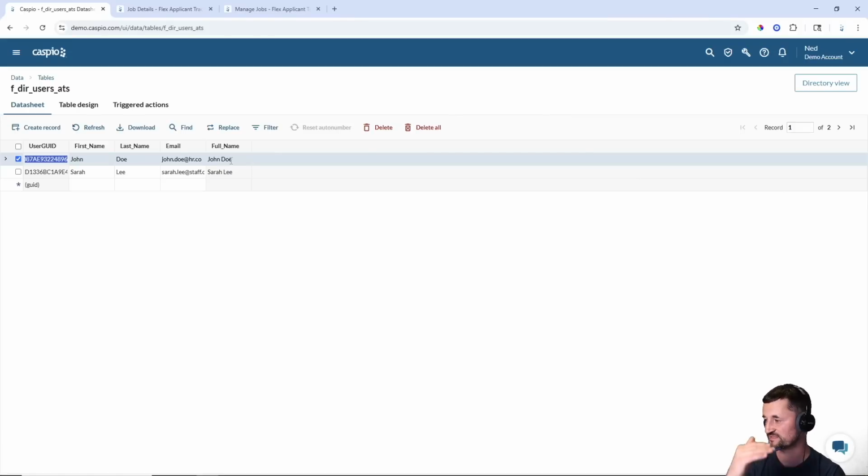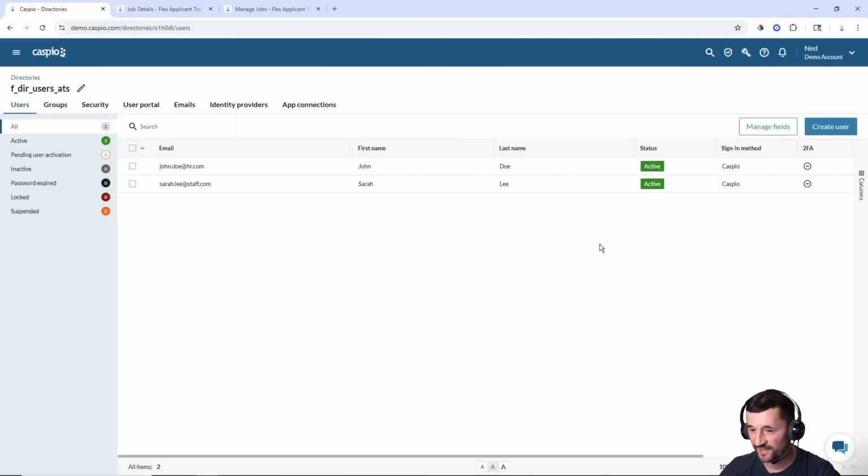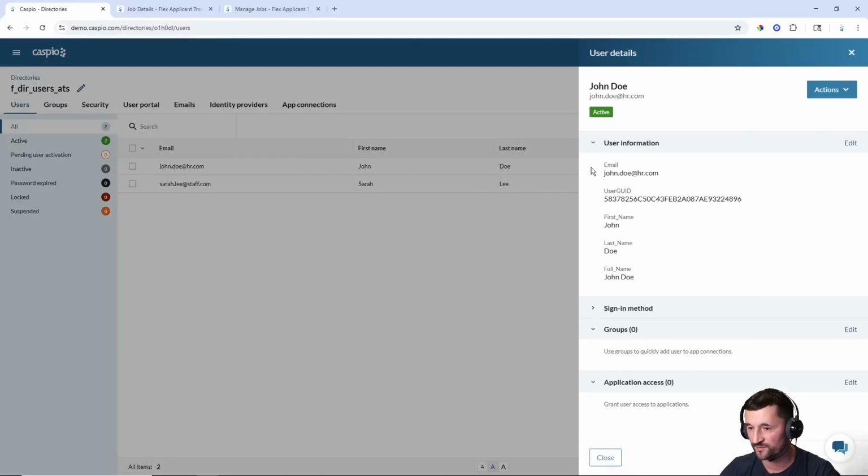Instead of now seeing Sarah or Lee, just a single field inside a dropdown, because you can have multiple employees with the same first name, you can select something a bit more unique, like Sarah Lee, which combines the first and last name. Now you can go back to your directory view once again. And if you do click on open for one of your employees, you're going to be able to see the first, last name, and full name. So any field that you add to your table, you will eventually be able to see here listed inside the